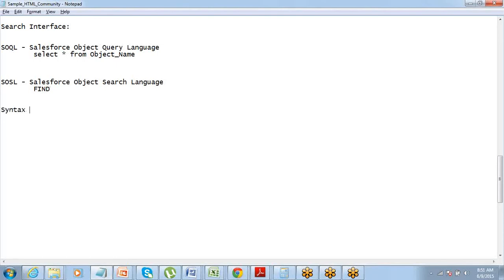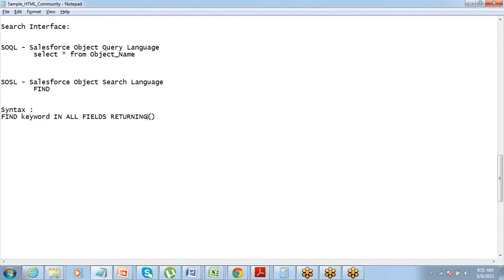This is how the syntax is. Syntax is find keyword, what keyword you want to find, in all fields, returning what all fields you want to return.